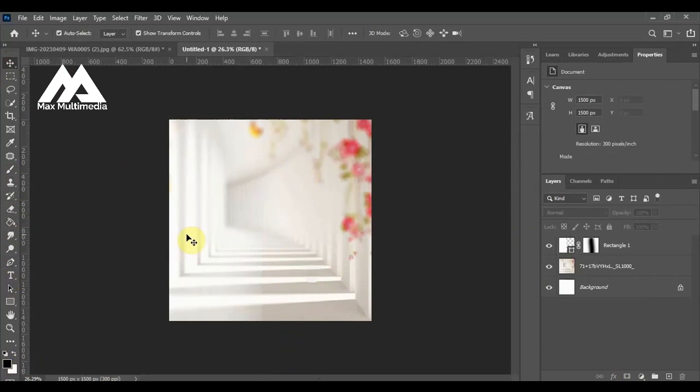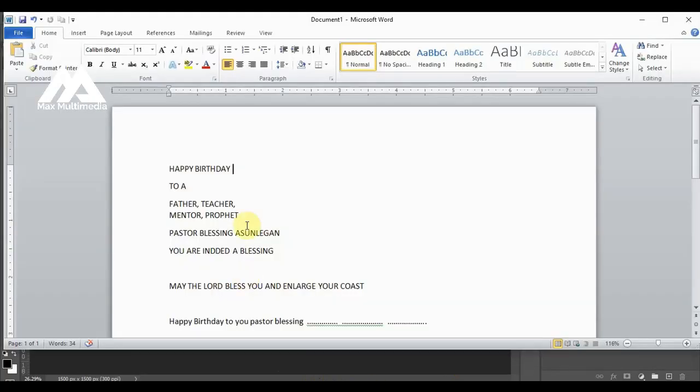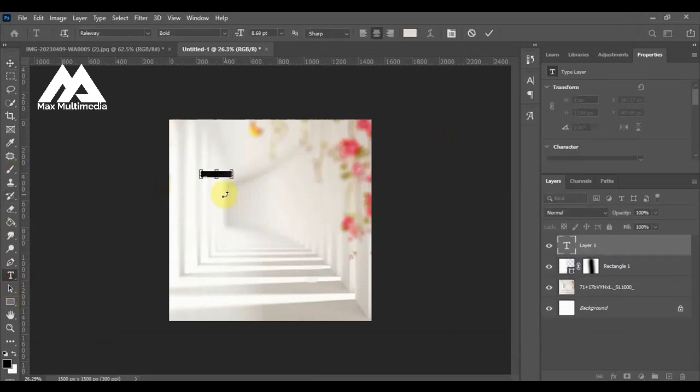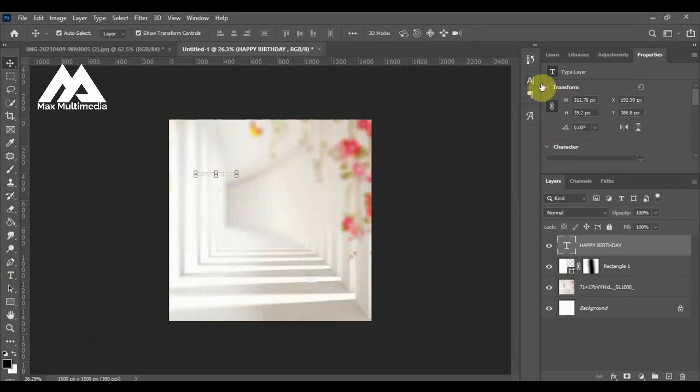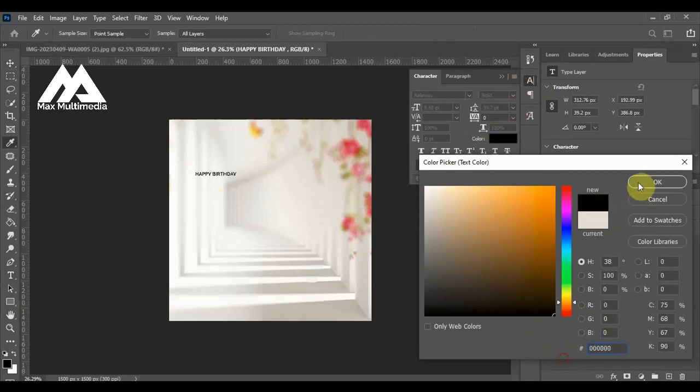Okay, so the next thing I want to do is to start typing. I'm going to make this as simple as possible. Okay, so I will just, wait, I've already constructed my text here. Happy birthday to Father, all of this. So yeah, I might not even be copying this thing, but once I open this one, let me copy the happy birthday. Okay, so I'm just going to select my text tool, and then I'll paste it here. I'm going to change the color, it's white, so I can't see it, so I'll just change the color to, let's say, black for now, so we can see what we are doing,